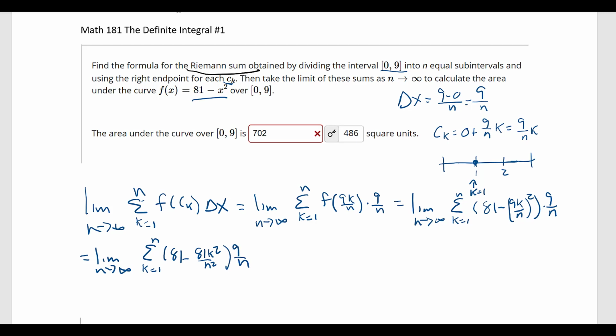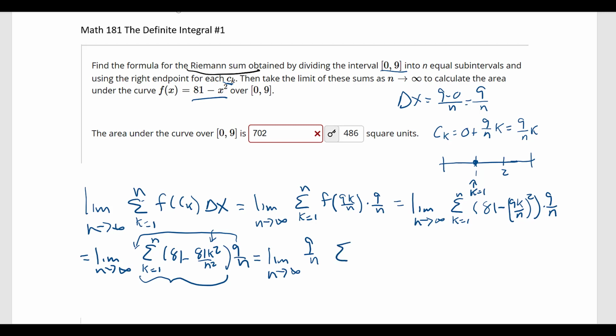So by the way, this summation here is going to affect things with the k. The only thing with the k is right there, but that whole expression in the parentheses will have to stay there. But this 9 over n can be treated as a coefficient to this whole summation, so I can take this and put it out front here as I will in the next step. So we have the limit as n goes to infinity of 9 over n